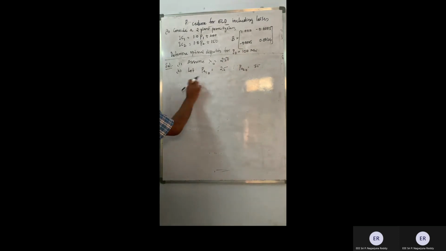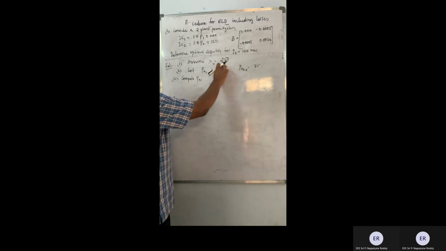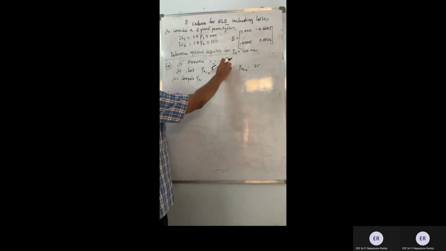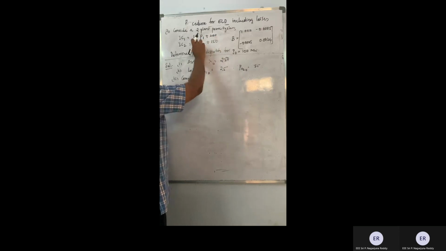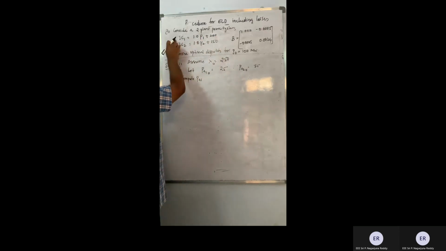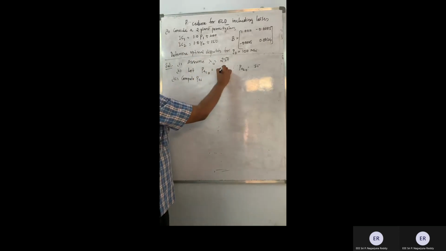But anyway, I will start my problem. I'll compute PGI. Or the other thing you can do is directly employ this as the incremental cost. If you employ it directly as the incremental cost, see what your generations will be. If you substitute 250 as the incremental cost, you can directly get 50 here.